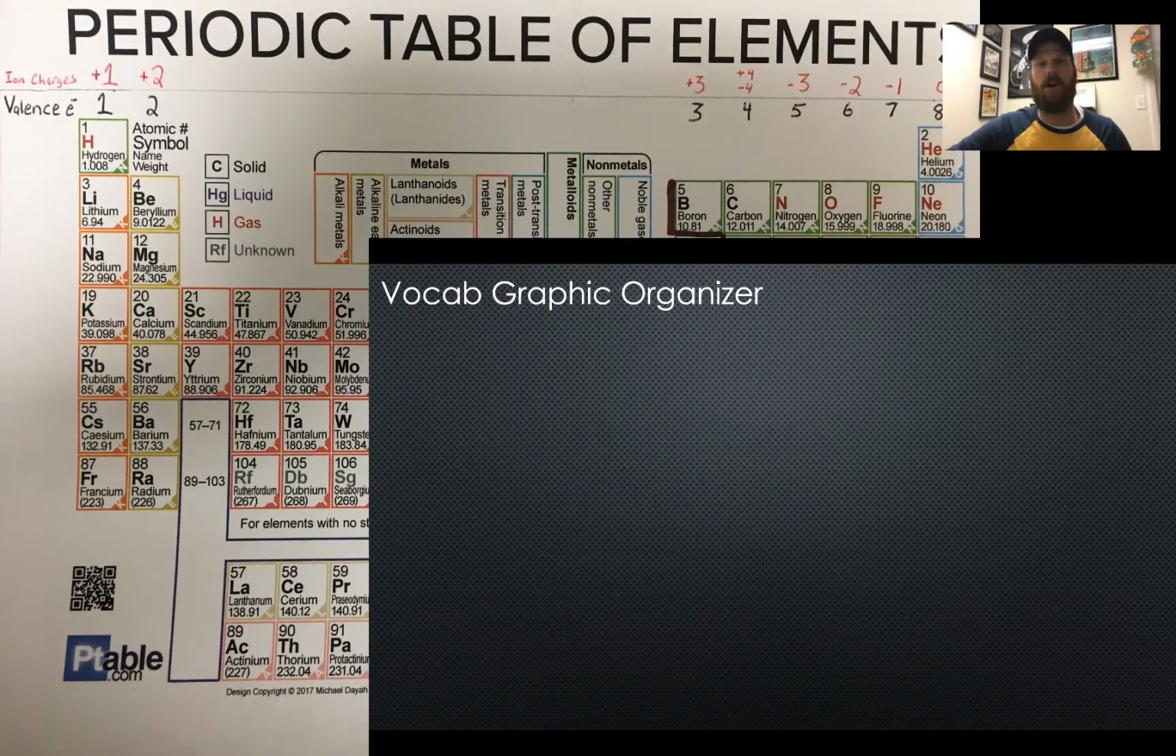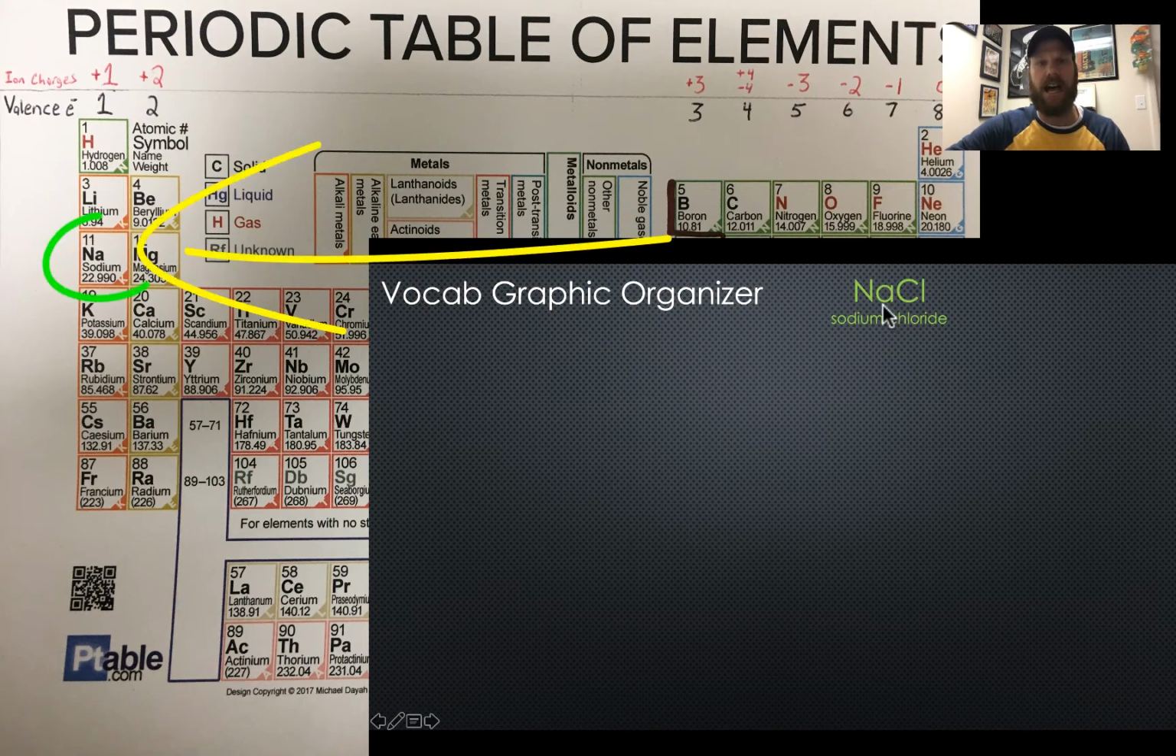Ionic bonds involve the transfer of electrons from a metal to a nonmetal. You can easily tell an ionic bond is formed by identifying the first element in the substance. For example, sodium chloride, or NaCl. I can tell this is an ionic compound because the first element in the substance, sodium, or Na, is a